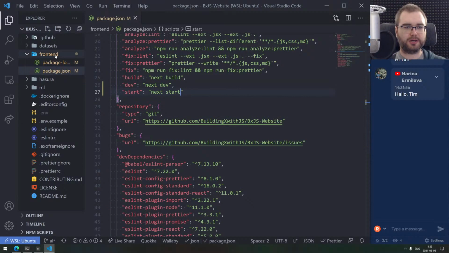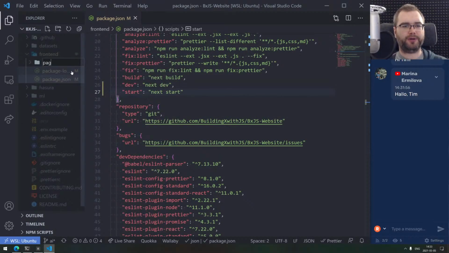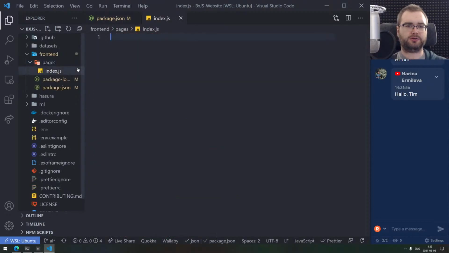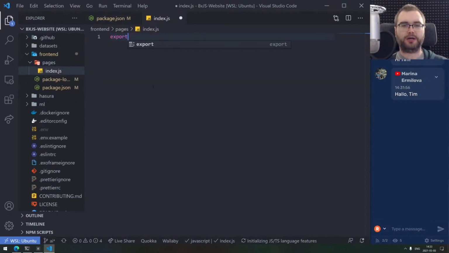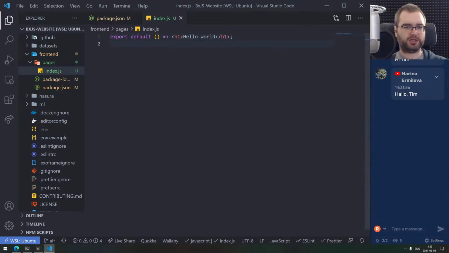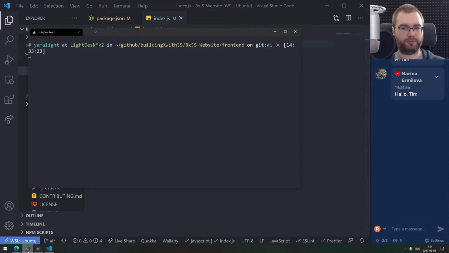Now let's create our pages folder, and let's create our index.js just to make sure that it actually works. Export default, just to try something. It should be h1 hello world, right? So just to make sure that this thing actually works, let's do the basic setup, commit that, and then start